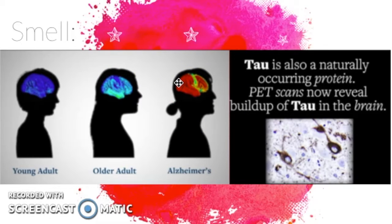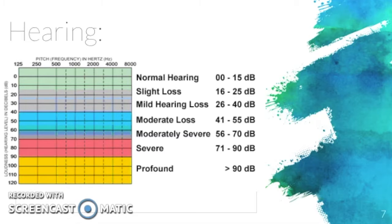So by doing this experiment, scientists can see patients at their stage of where they are in their progression to Alzheimer's. And this is very crucial so scientists can prescribe the medication they need. Okay, so for hearing, the loss of hearing in a quote-unquote normal patient is a highly vital kind of sign,